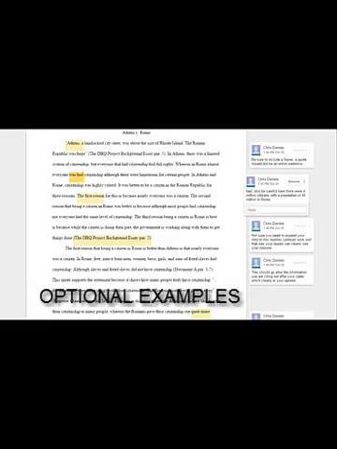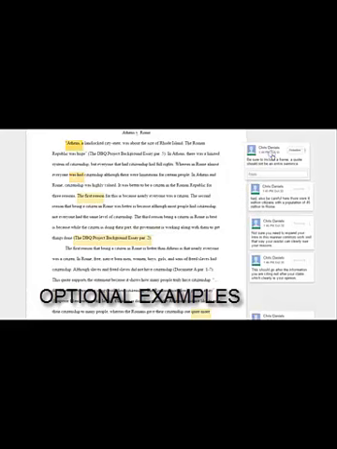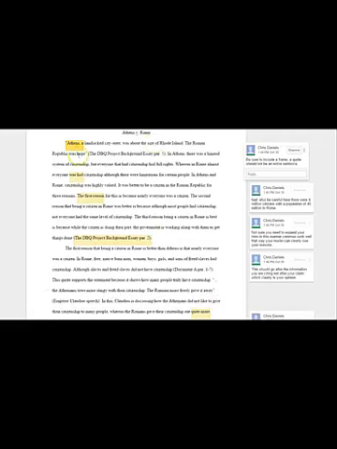Okay, looking at some other examples of how to fix things. Up here, if you click on this top comment, what you see: Athens, a landlocked city-state, was about the size of Rhode Island. The Roman Republic was huge. This is a great quote. This helps set the stage and compare the two. But the problem is that it does not have a frame. So be sure to include a frame. A quote should not be an entire sentence. That is the comment. And then it highlights this section. This is where some changes need to be made.